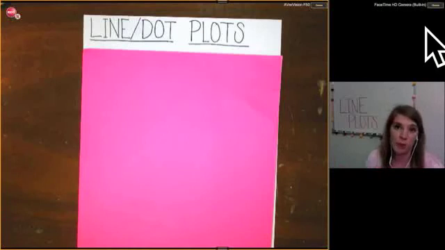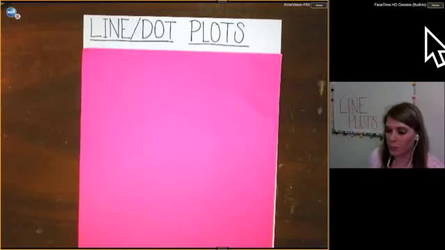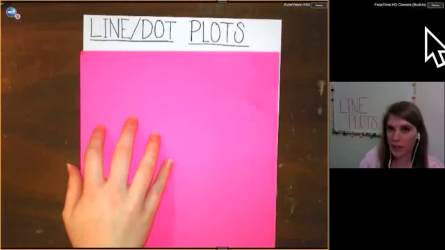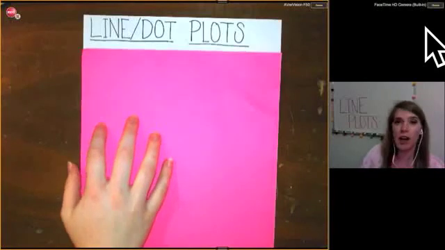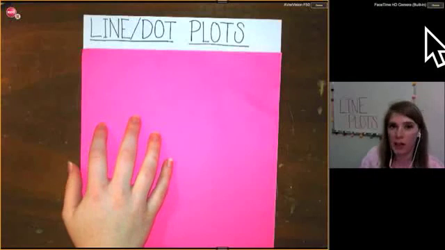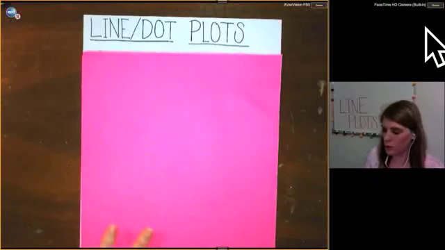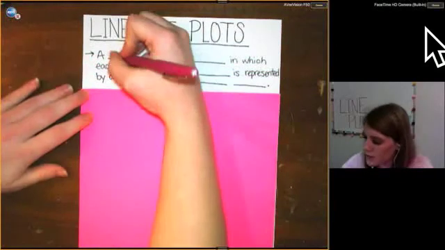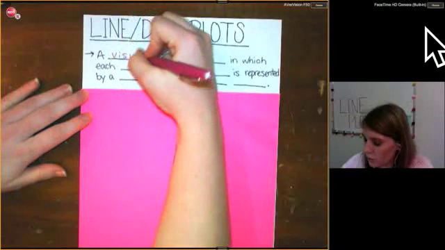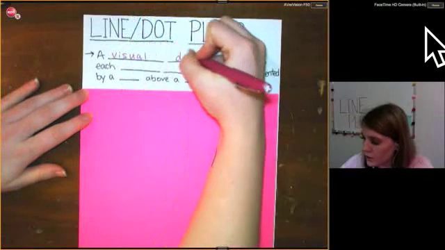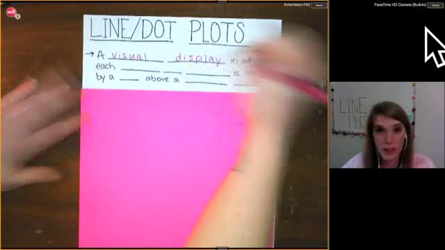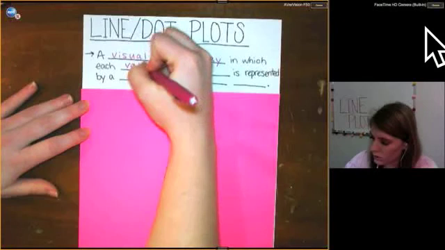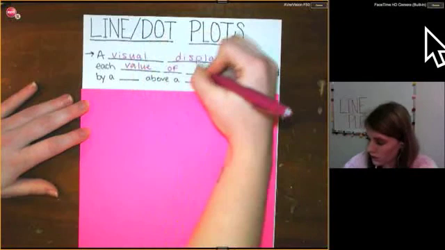And so the first way we're going to talk about is with a line plot or a dot plot. So your IXL skills are going to say line plot, but your Go Math book, if you look at that online, says dot plots. So we'll kind of go back and forth between the two terms. But a line plot or a dot plot is a visual display. So like I said, we're going to organize this information, this data we're collecting, visually though. So it's a visual display in which each value of data, each point of data, each number we